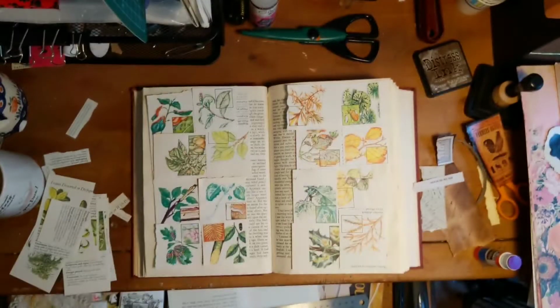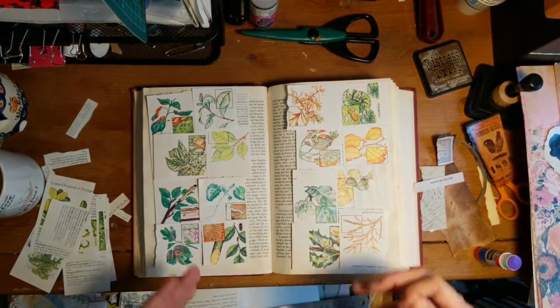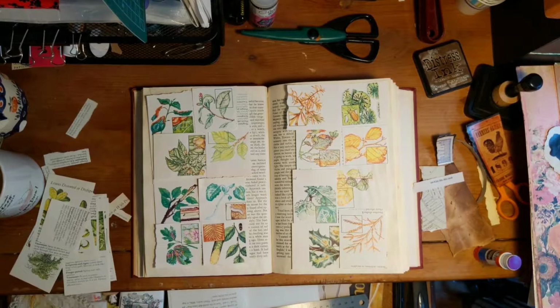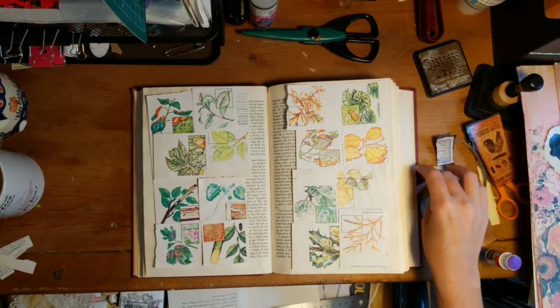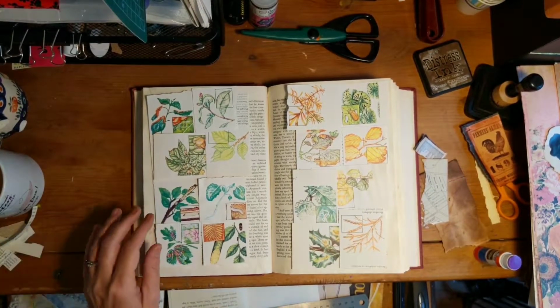Really cool. Just a variety of plants and stuff. And it's pretty much just a background color, like I said, just background. So yeah, let's glue some of those down. And